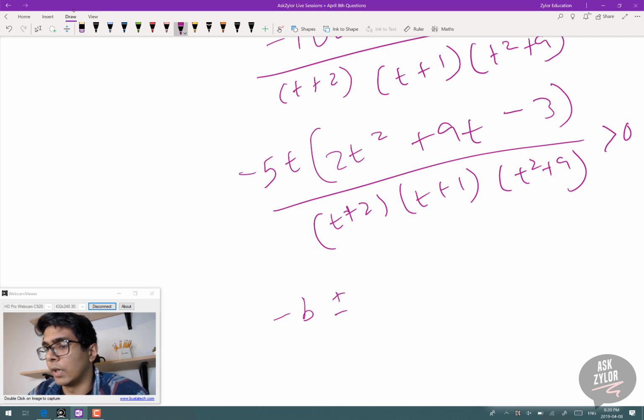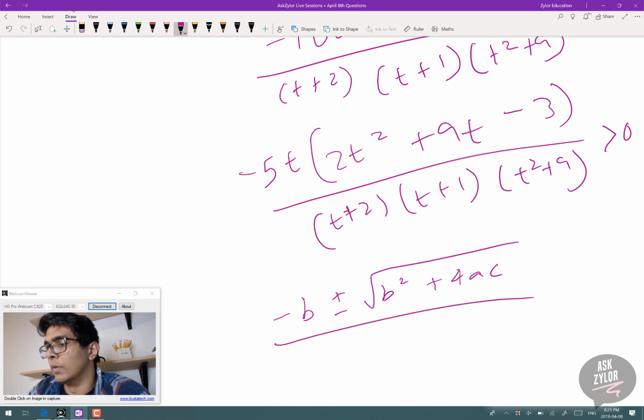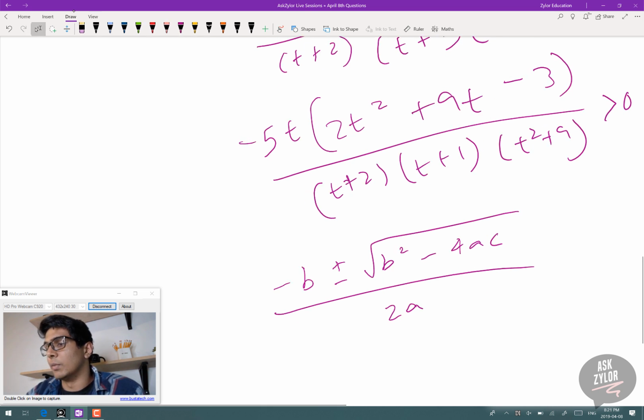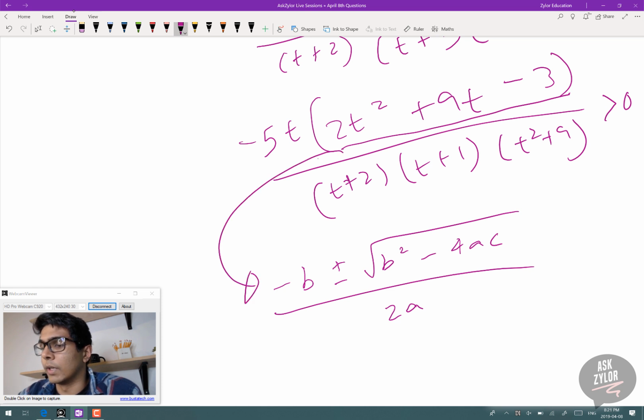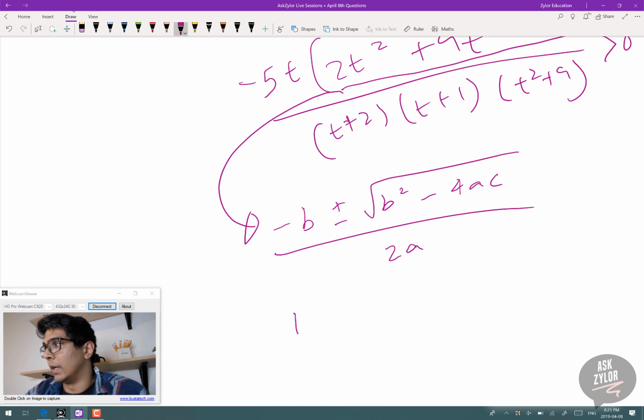So just to recap, the quadratic formula is negative b plus or minus the square root of b squared minus 4ac, all over 2a. I'm just plugging this quadratic into the formula to see what my t values are. So I end up with t is equal to